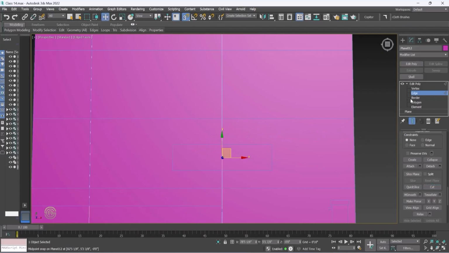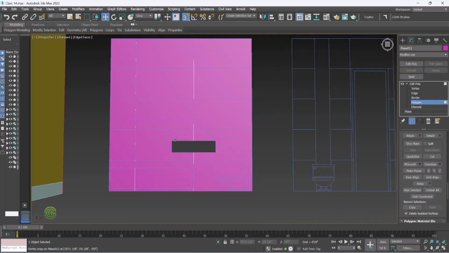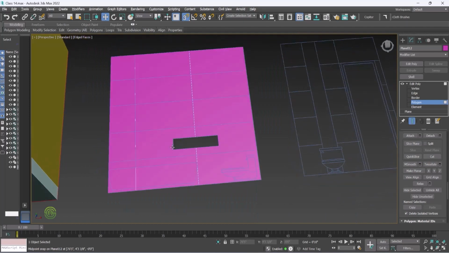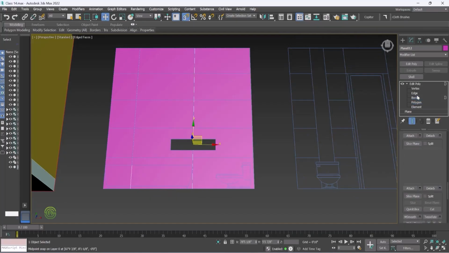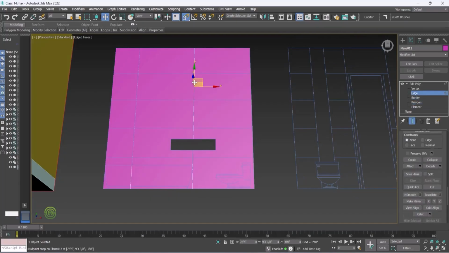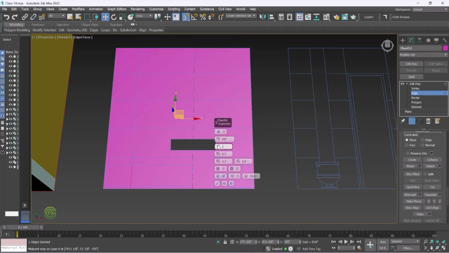And now turn off this cut. Now select on polygon. Delete this. Delete this. And then again select on edge. Press Ctrl A. Give a right click. Click chamfer and give amount of 0.25 inch. Click right click